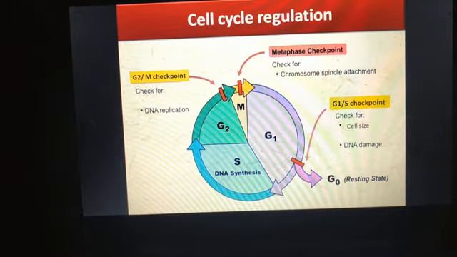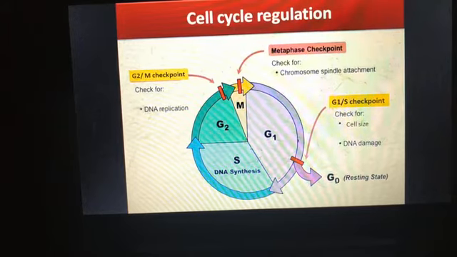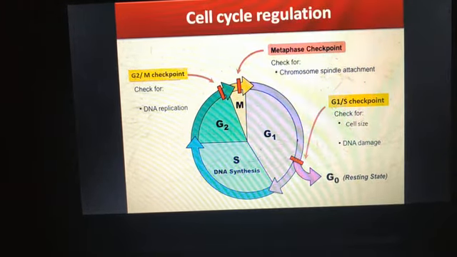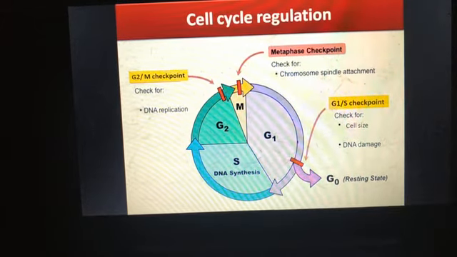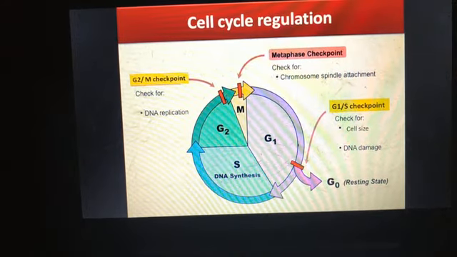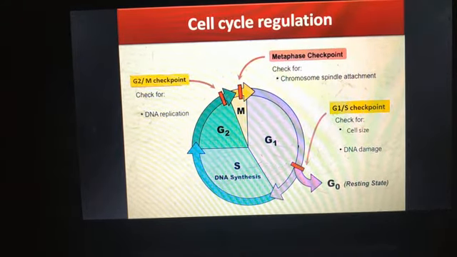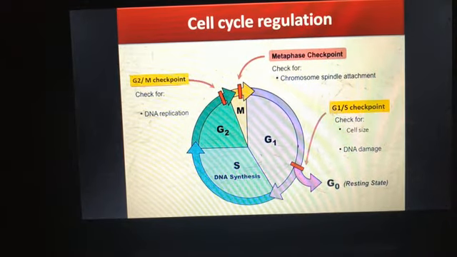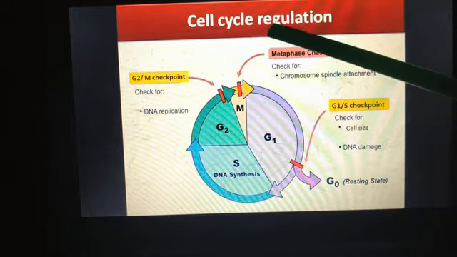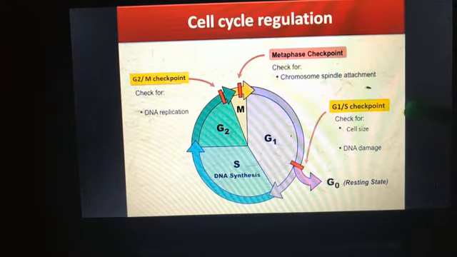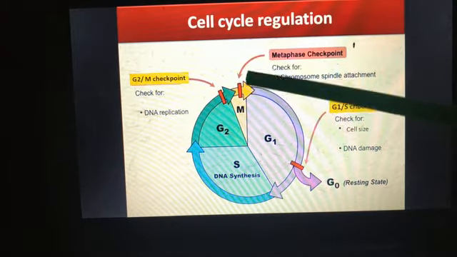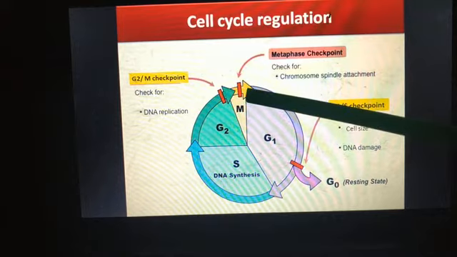Now, how does a cell ensure that the events that occur during the various phases, like the G1 phase or S phase or G2 phase or the M phase of a cell cycle, occur in the correct order and in the correct sequence, and also coordinate? So how will a cell ensure that? For that we have certain regulatory units that will check whether the cell cycle at each phase is occurring properly or not.